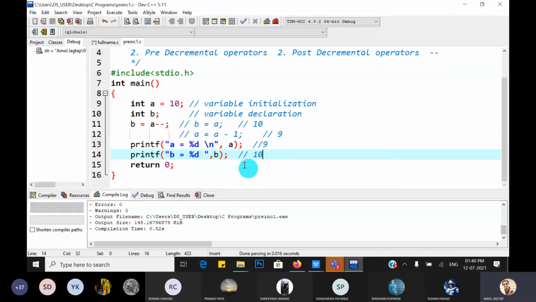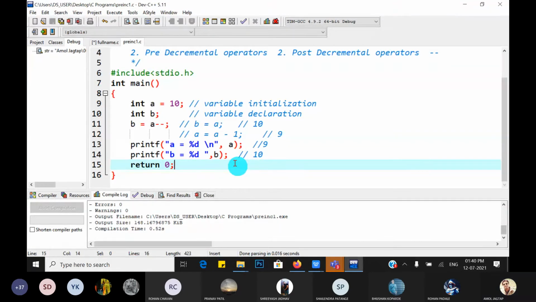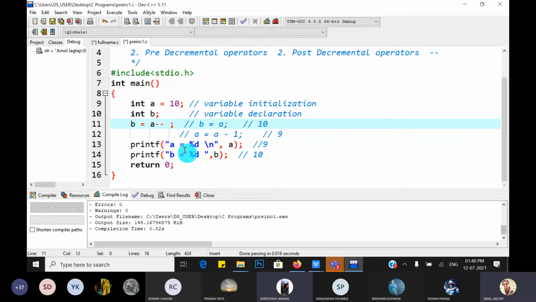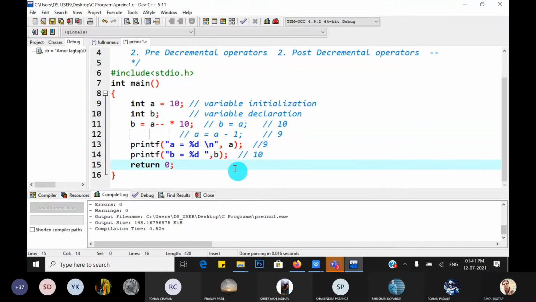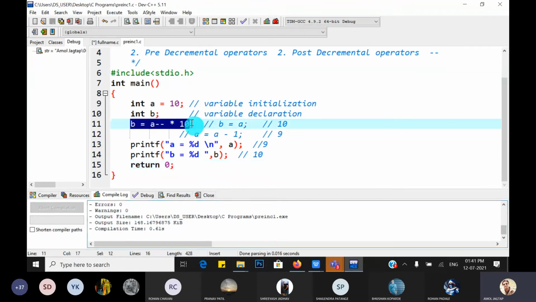Yes, any doubts till this? No, sir. Okay, so I will add some more things, that is multiply by 10. Now tell me what is the value of A and what is the value of B. Is it syntactically correct? Let's compile it. No error, no warning means it is a syntactically correct statement.